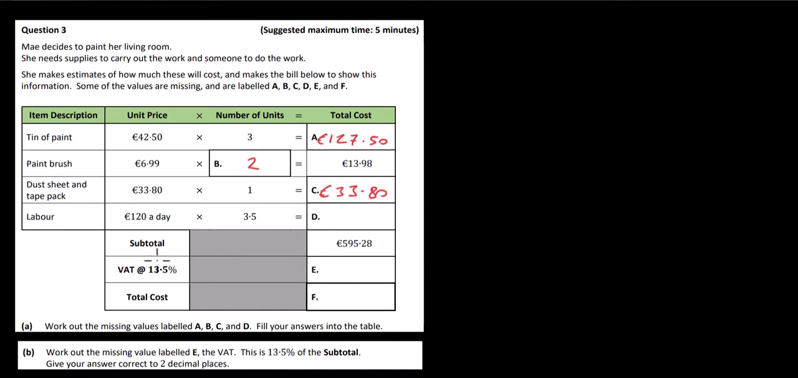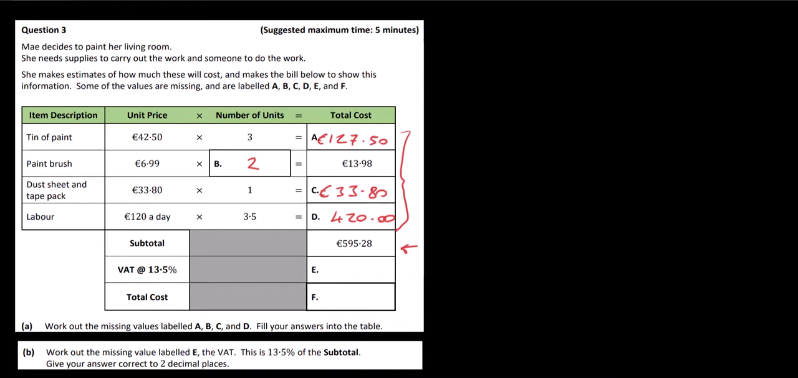Part D then, again another multiplication one. It costs €120 per day for labor. Let's see, there are 3.5 days, so you just simply multiply those, so D becomes €420. So you can easily check to see if these answers are correct by just adding these numbers together, and you should get